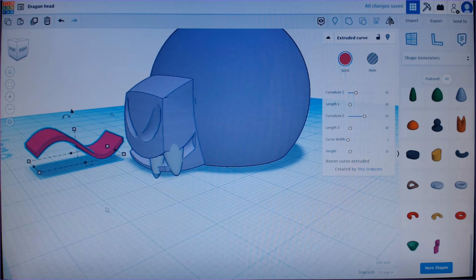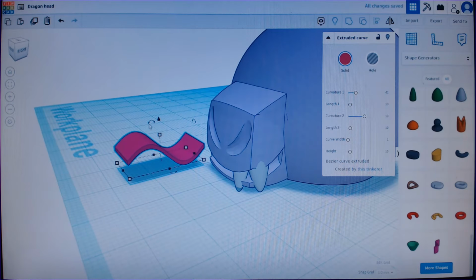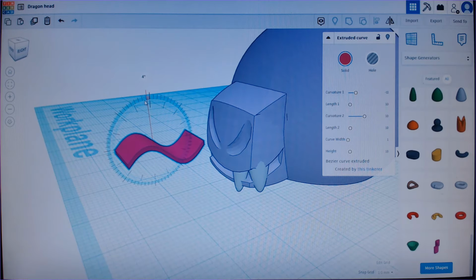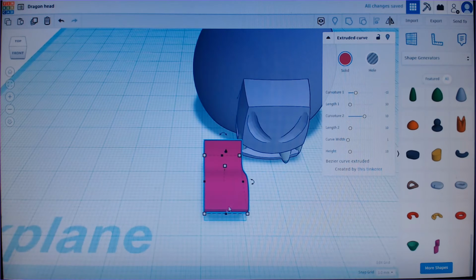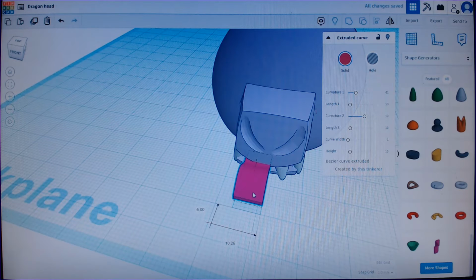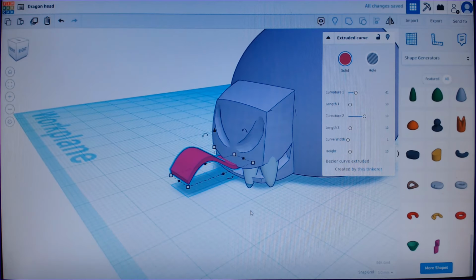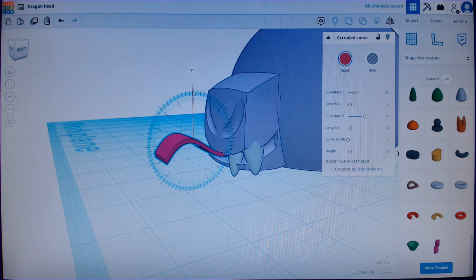But right now we want 90 degrees this way, and we want a free transform here. So I want a narrower tongue, and then we can just sort of, I think we need to,